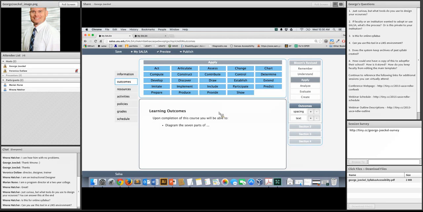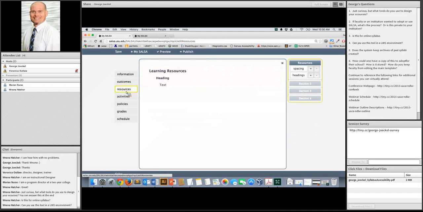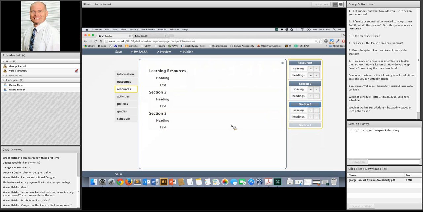If there were institutional outcomes or program outcomes or professional standards, those could be built into an instance of Salsa and then just added in this same way, having these different lists, clicking a button and just dropping those in there. That's one of the things that we've done at USU with the IDEA evaluation standards.